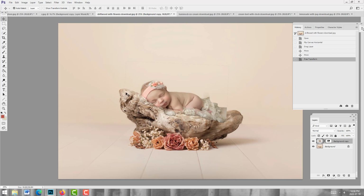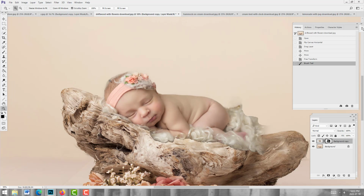Also, one thing to remember when you're using the quick selection tool, it always leaves a square around your selection, and it's easy to forget to remove that, and I have forgotten that many different times, so I'm just going to remove it now and make sure it's gone. Okay, I can see when we did the quick selection that a little too much came off right here, so I'm going to put it back by going to her layer mask and hitting the X key to come over to white and left bracket to turn down my brush and just